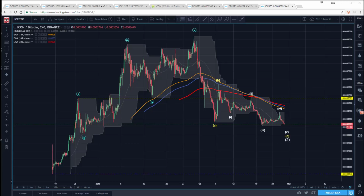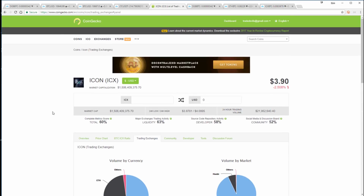Again, we're midday on Tuesday, February 27th, and we are finishing up here with the last coin that was voted on amongst members here. This is ICX, ICON, to Bitcoin. Now, we've done this coin before, so I'm not going to spend a lot of time over on the left side of it. But just to be consistent, we'll come over here to CoinGecko,